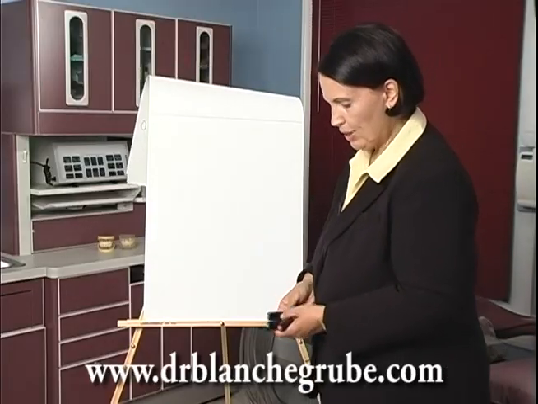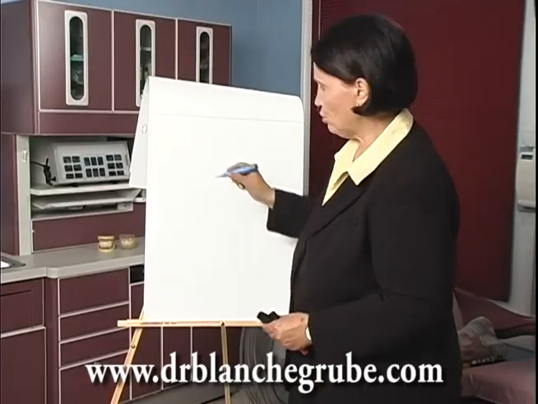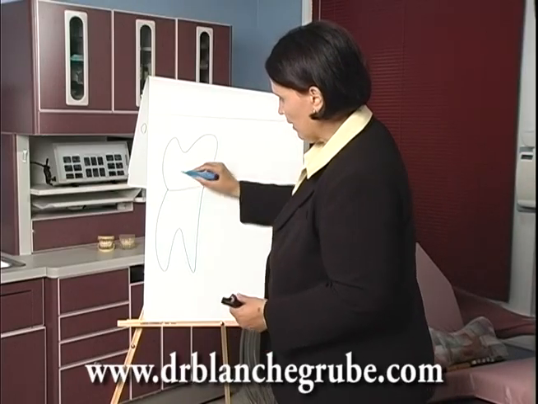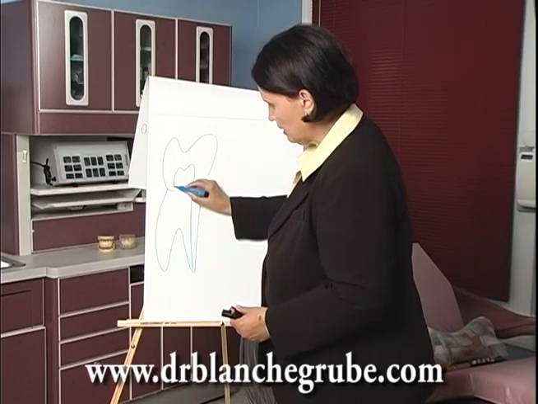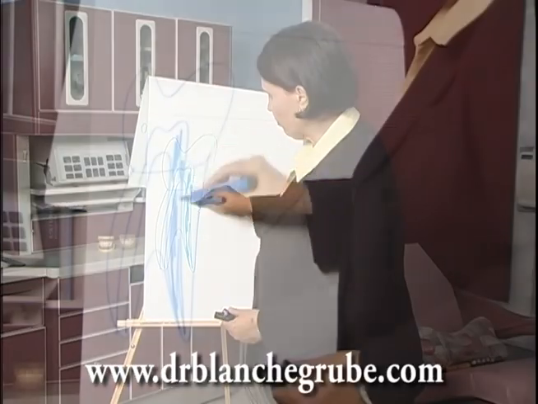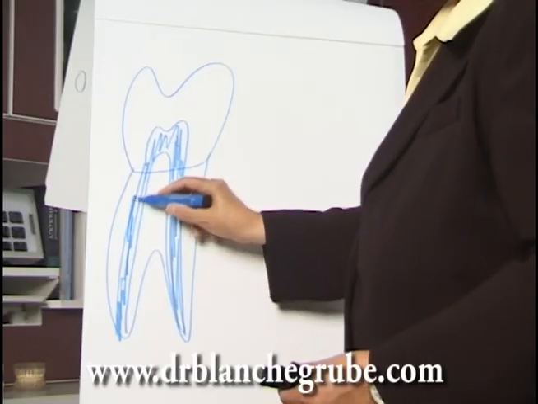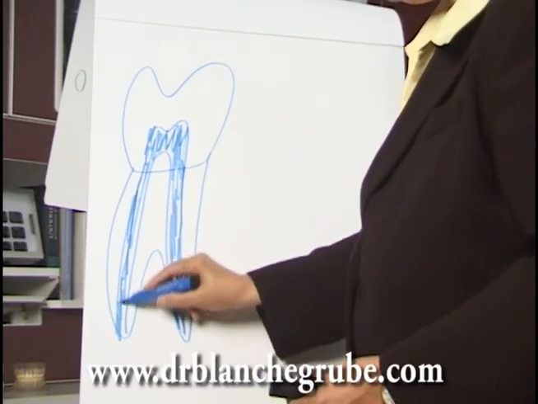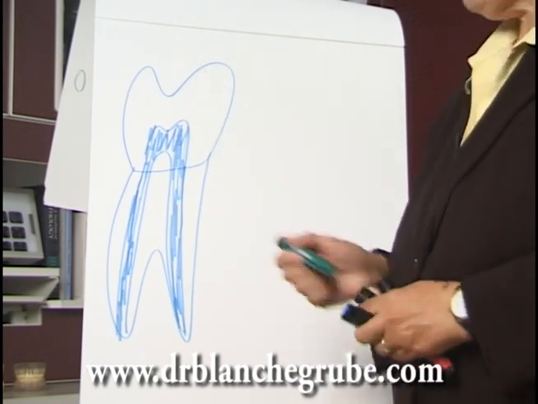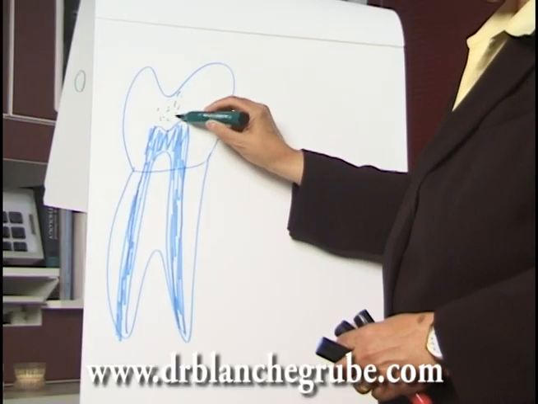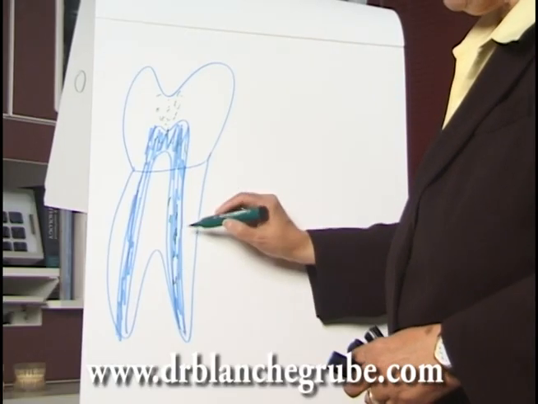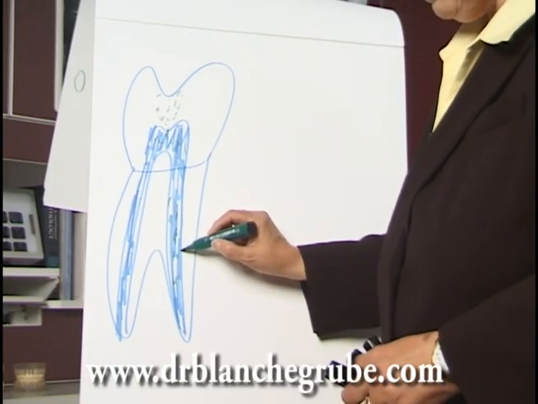Now I'm going to tell you the rest of the story because I believe all patients should be informed. Here's our famous tooth again. This time, though, it has root canal filling material in here. That's all sealed up. Now, when this tooth had a cavity, the bacteria were coming down this direction into the pulp, and they continued to come down the canals, and then they did something else. They went sideways